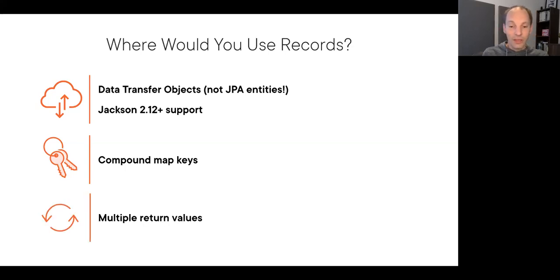And then last but not least, there's also the opportunity of returning multiple values from a method by bundling them into a record. There you see again a little bit their comparison to tuples in other languages, where you would just have a tuple that you would return. In Java, you can then easily mimic this by creating a record that has multiple components that you can return from a method. And as you saw, a record is a very lightweight way of defining these kinds of combined return values.